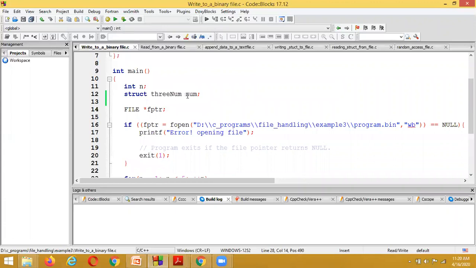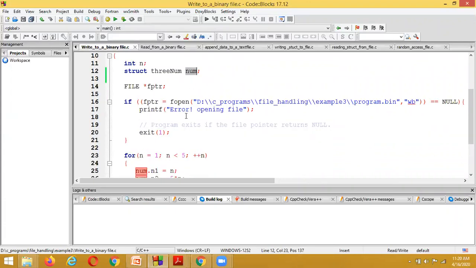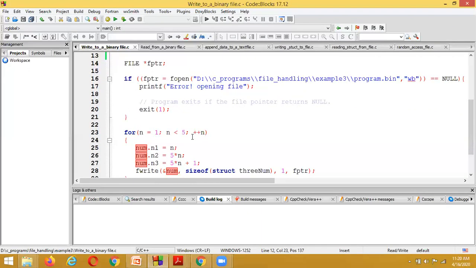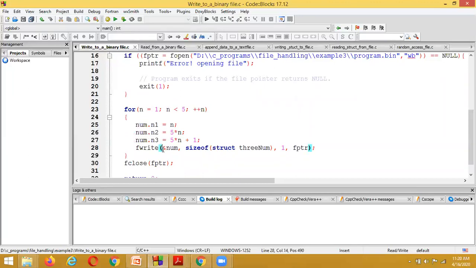The structure variable is num, and the structure name is the 3 number. We are passing the first parameter as the address of the structure, using fwrite. But the second parameter we need to indicate is the size.